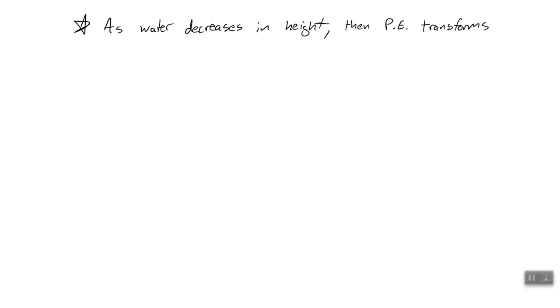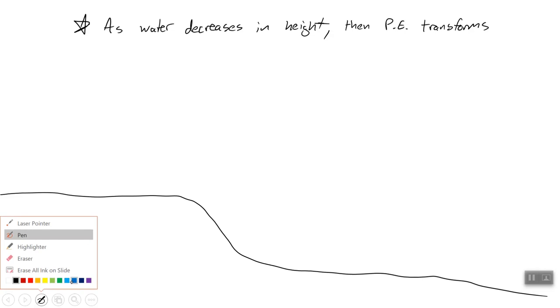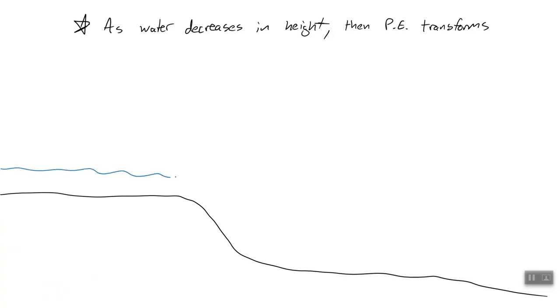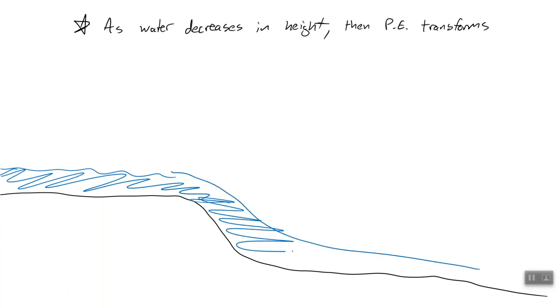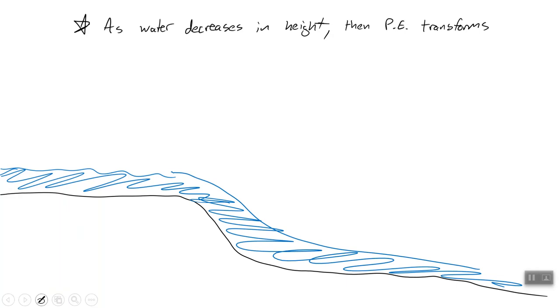Okay, so let's say we've got some river and it's flowing along, and then it comes to a part where the river goes down. Okay, and so I think what we would expect to see, right, is we have this water and right here it's flowing normally. Then you would expect during this part the water to accelerate, right, as this potential energy is